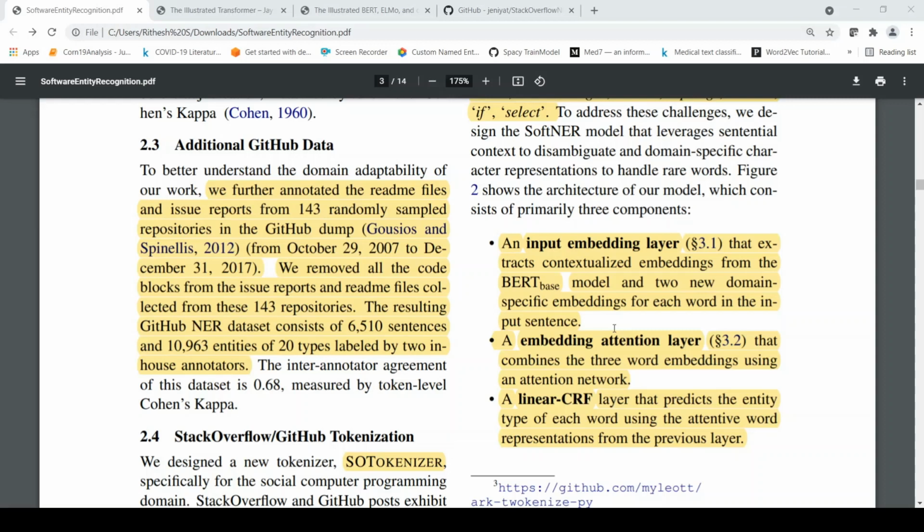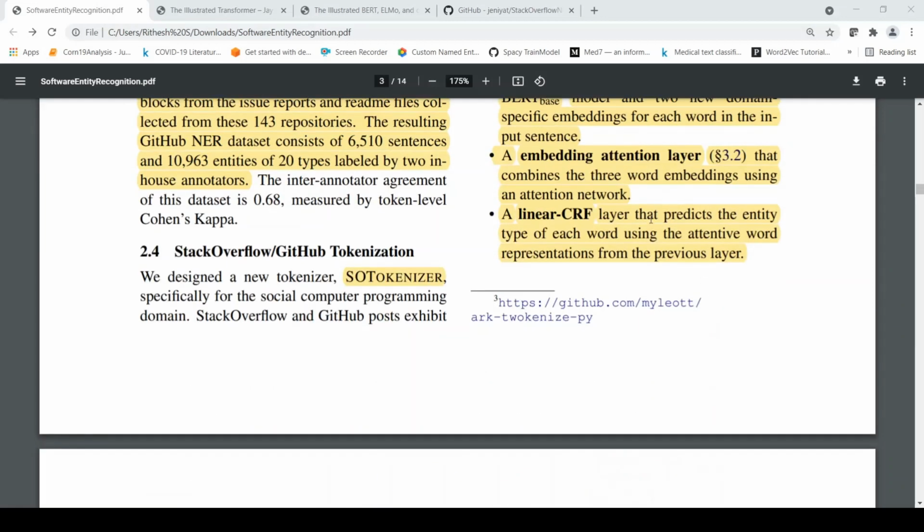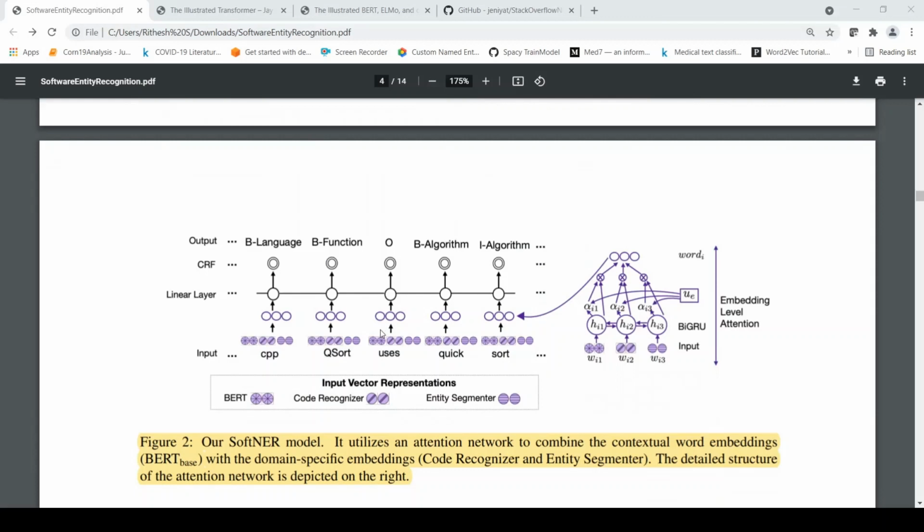Then you have an embedding attention layer which combines these three embeddings using an attention network. Then they have a linear CRF, conditional random field layer, that predicts the entity type of each word using the attentive word representations from the previous layer. So this is their model.